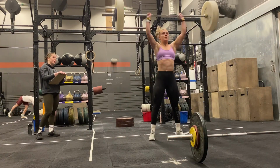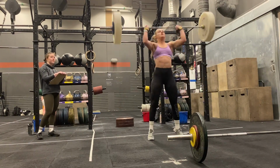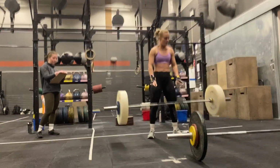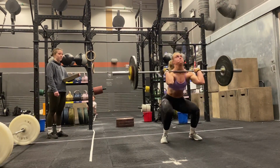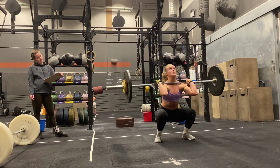As I said last week, I wasn't very pleased when they announced 24.3, and I was actually very nervous before the workout, since I wasn't sure of my capabilities. Because I'm not very great at gymnastic skills, we haven't tried that type of volume in training before. 24.3 consisted of 5 rounds with 10 thrusters at 65 pounds or 29 kilograms and 10 chest to bars. Then it was 1 minute rest, followed by 5 rounds with 7 thrusters at 95 pounds, 43 kilograms, and 7